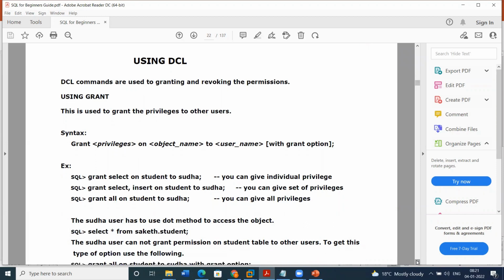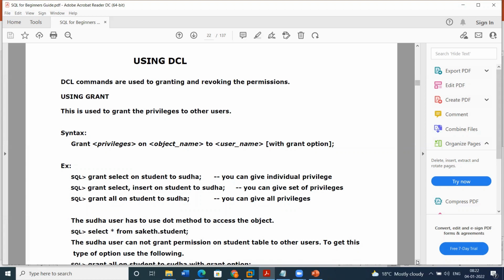Yeah. So what is meant by this DCL command? DCL is nothing but a data control language, where we have access control, controlling the data. Okay, so here we give permission to the respective table or user on a particular table and so on.